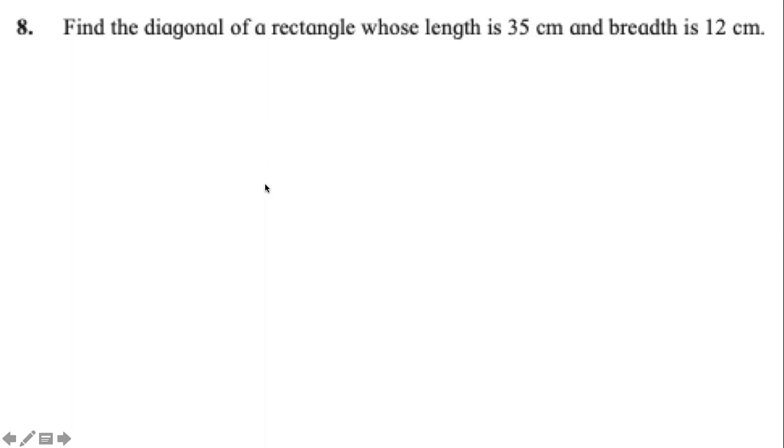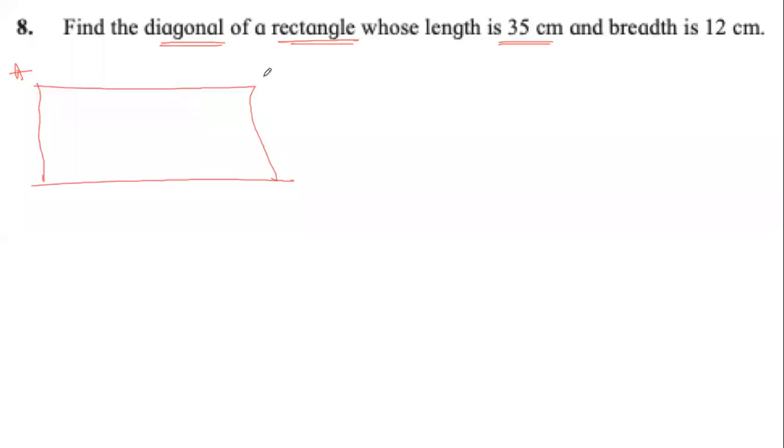Next question, question number 8 is very similar to question number 6. Remember, in question number 6, we had a square, but here we have a rectangle, right? Here also the diagonal is given, and it says the diagonal is 35 centimeters. So to make it easy for everyone, we will draw a rough diagram, rough rectangle, A, B, C, D, and we will show the diagonal AC, which is 35. Remember centimeter. Chan will remind me later that I have to write centimeter as units. And it says the breadth is 12 centimeter. So depending on how you have drawn the rectangle, the shorter side will be 12.